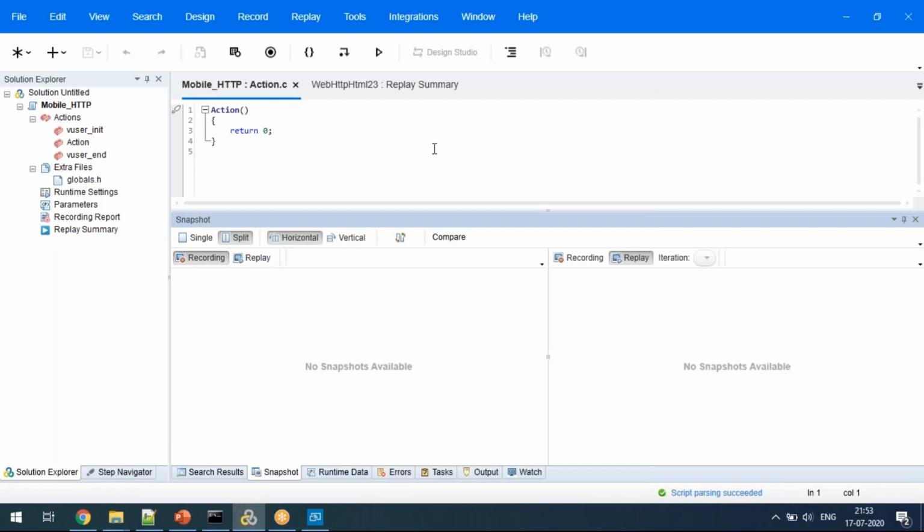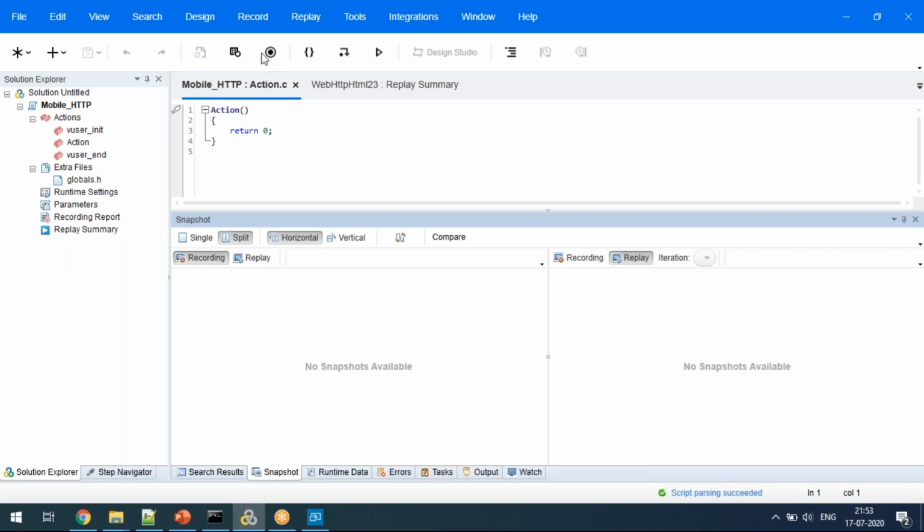Before that, what we usually have to do, say like today I'm going to show you an example of mobile browser application recording. First and foremost thing, guys, you have to go to the history tab and clear all your browser histories, because nothing should be coming from your cached data. Make sure that you are utilizing the fresh data coming from the server.